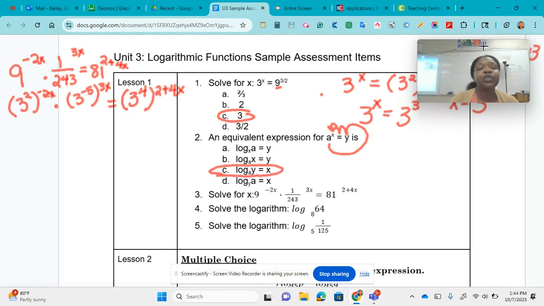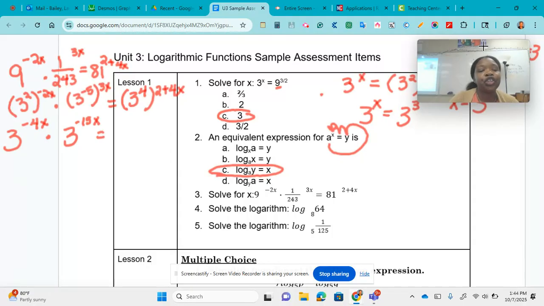Now, the power rule says we need to do what with these exponents? Distribute using what operation? Multiplication. So that is 3 to the 2 times negative 2x, which is negative 4x, excellent, times, we got this negative 5 times 3x, which is 3 to the negative 15x, excellent,